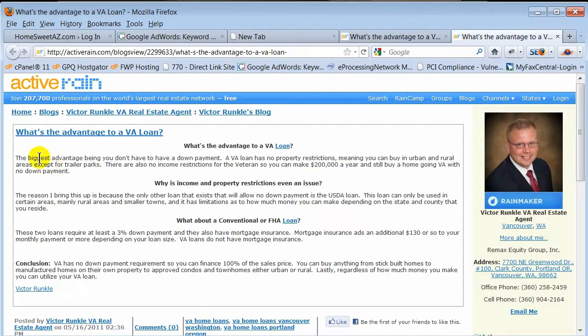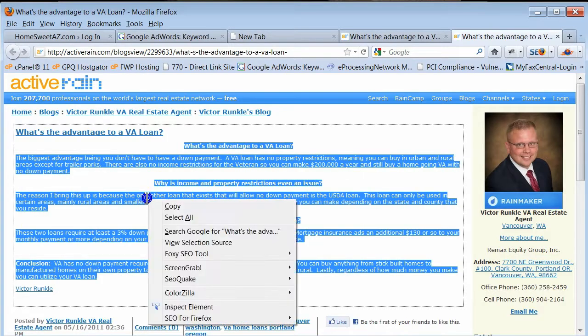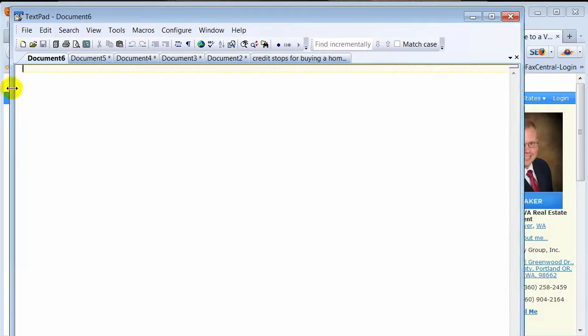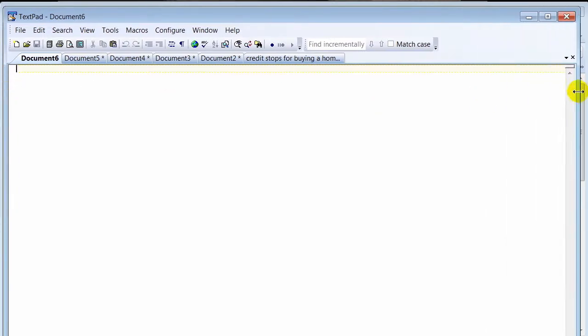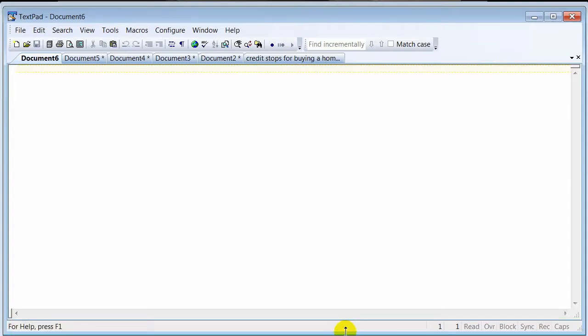But if I wanted to take his content, for example, I would copy it, and I use a text editor. I use something called TextPad. You don't have to use it. I don't recommend that you use Word, because Word can add code into your content as you cut and paste it into WordPress. But I use a plain text editor; Notepad's even not a bad way to go, which is resident on most Microsoft PCs.